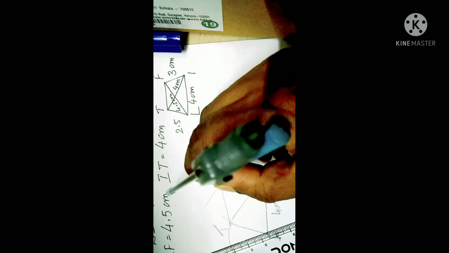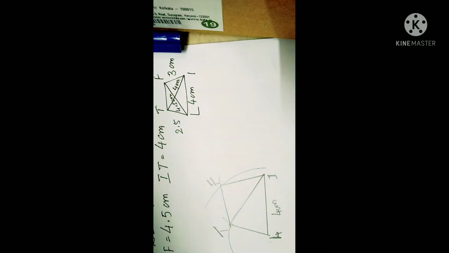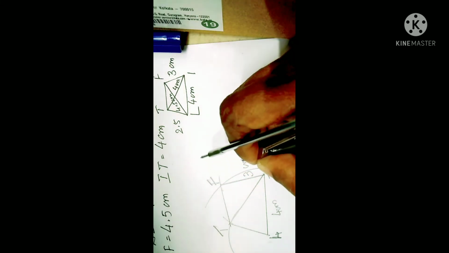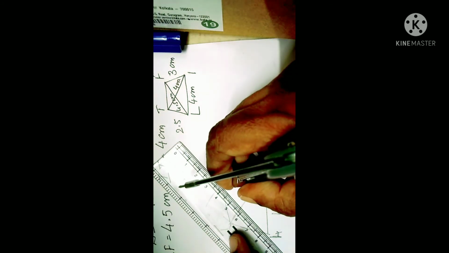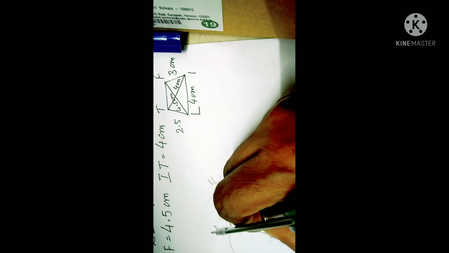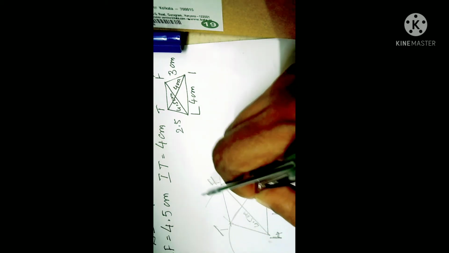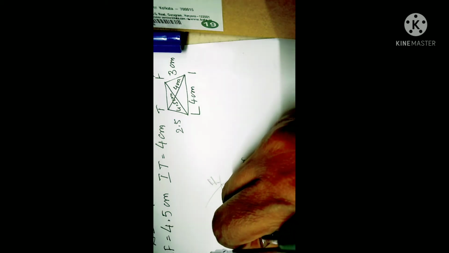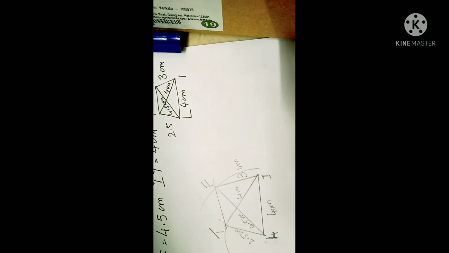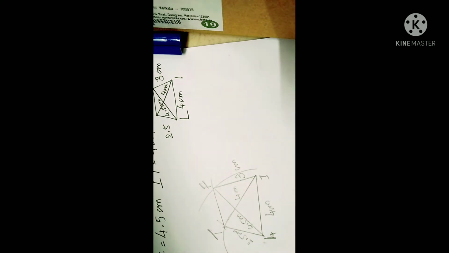So, this is F. So, LIFT, lift. Now, label all the sides. 3 centimeter. Here this line segment is remaining. So, draw that, and that is 4.5 centimeter. This one is 4 centimeter and this part is 2.5 centimeter. So, the quadrilateral LIFT is ready. Now, write the steps on your own.